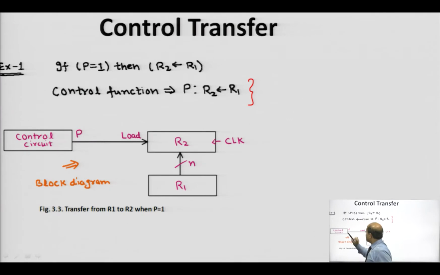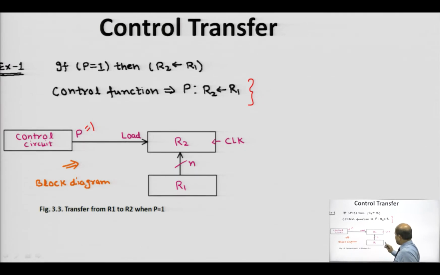Here the control circuit is shown, which issues the control command, that is p equals 1, and if it is true, then a load signal is generated, which is connected or indicated to R2 for the transformation. Here this n shows all the n bits are transferred in a single clock cycle. This clock is connected with R2 and R1.